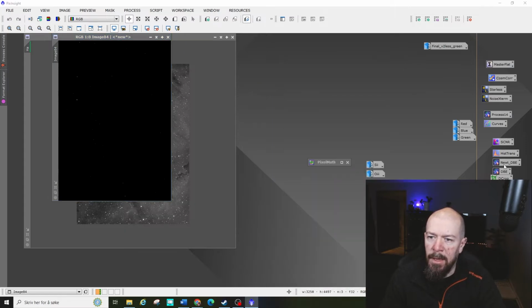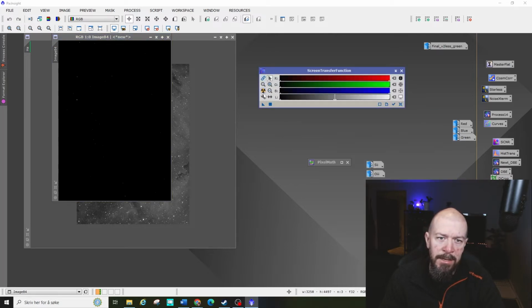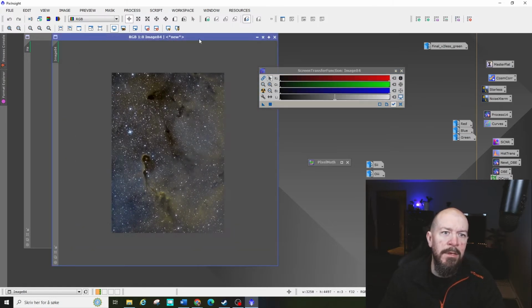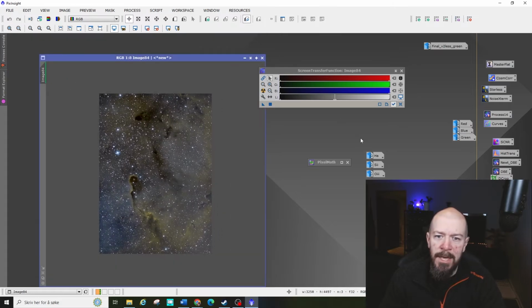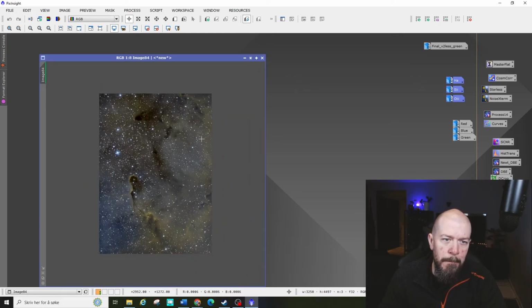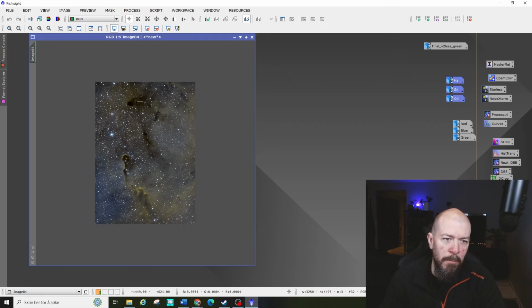I'm gonna open up the screen transfer function, uncheck the linked and do a stretch, and this is what we are ending up with after we have stacked these 3 images with the PixelMath formula. Pretty cool. So the next step, when you are happy with this, or what I like to do, I like to create a starless image and work on the nebula by itself and just blend the red, green and blue